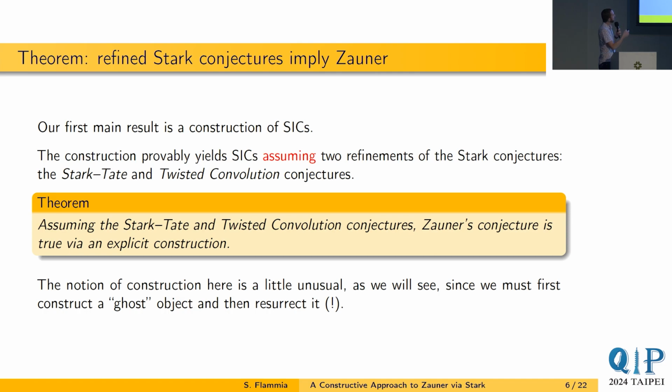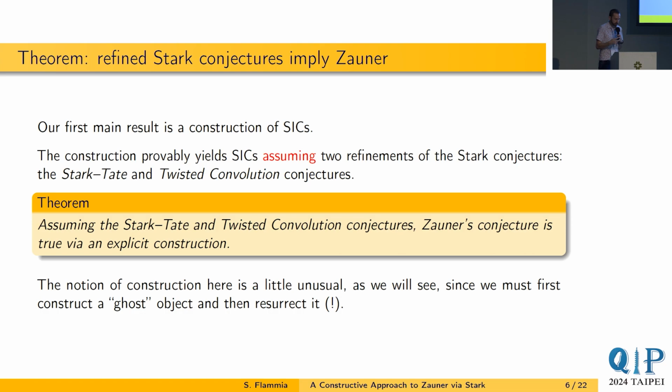So these 2 conjectures, one of them is a standard refinement of the Stark conjecture due to Tate from the early 80s. And so I'll call that the Stark-Tate conjecture. The other one is called the twisted convolution conjecture, and it takes the form of a special function identity. So the informal statement is, assuming Stark-Tate and twisted convolution, Zauner's conjecture is true via an explicit